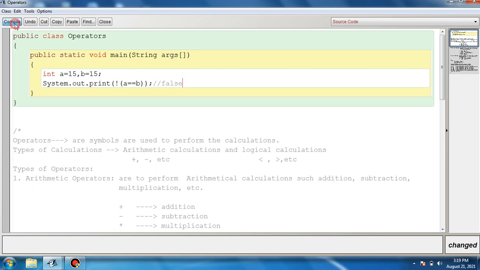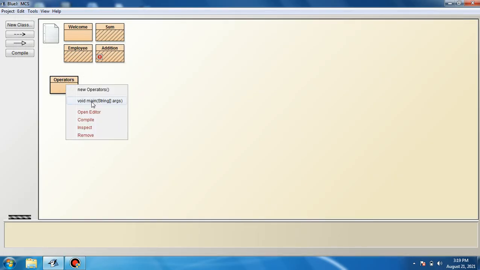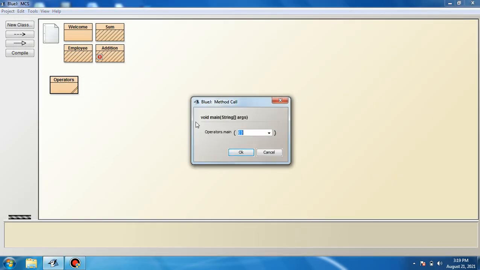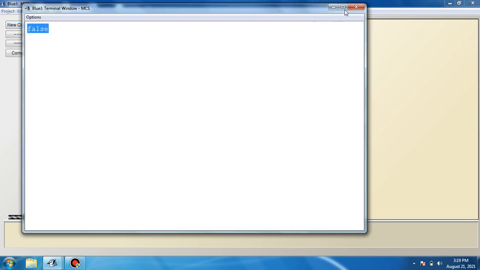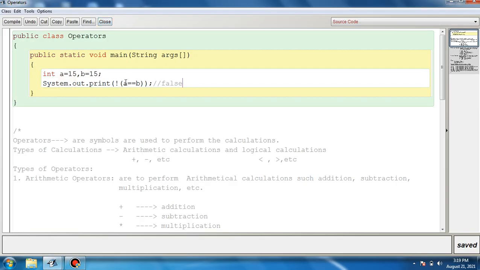So if I run this, we'll click on compile, close, right click on the class icon, from the shortcut menu void main, we will call the main method, click on OK and false. So why is false appearing? Both values are equal, yes, this relational operator double equal to is resulting in true because the value stored in A is equal to B, but because of this logical NOT, the value true is changed to false. It does the opposite.